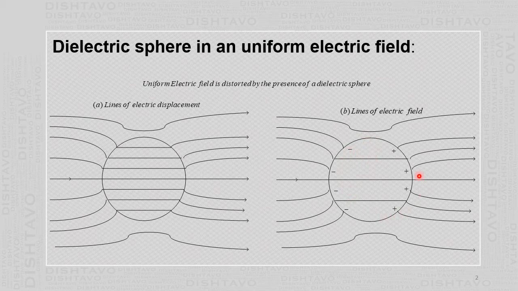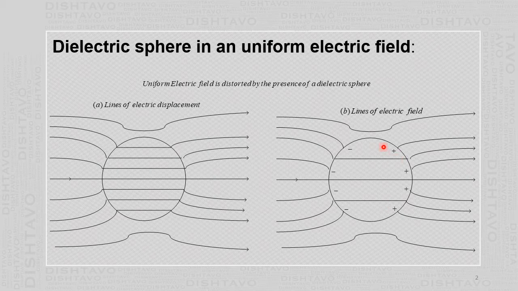This is a dielectric sphere. Electric field lines originally were parallel to each other, equidistant. Then when the dielectric sphere is kept, just like when the conducting sphere is kept, the electric field gets distorted close by, and far away it remains uniform, but inside it gets reduced. So here that's why inside the number of lines shown is lesser.